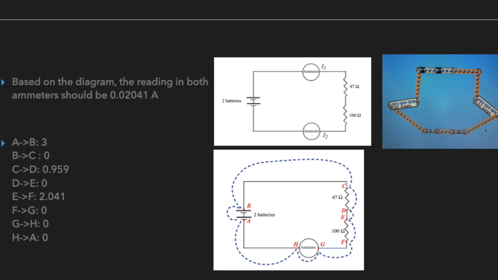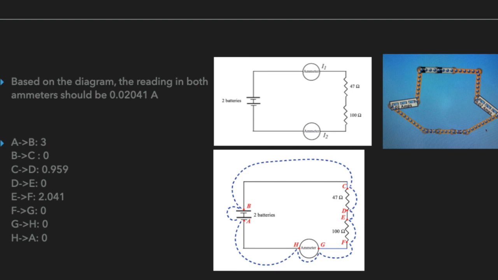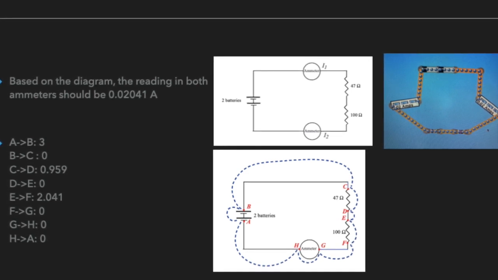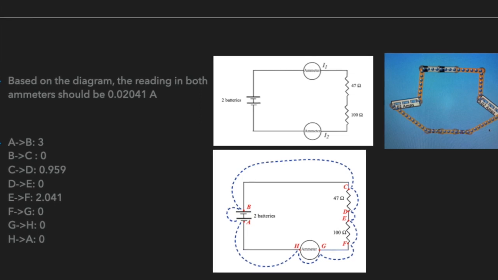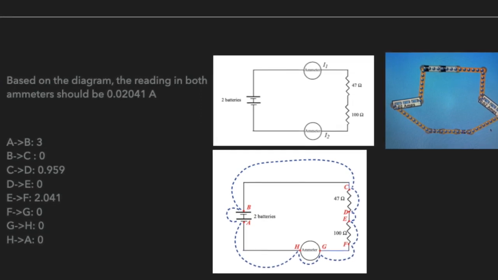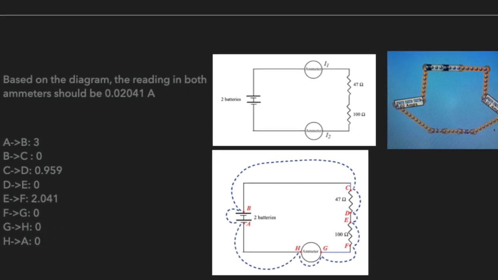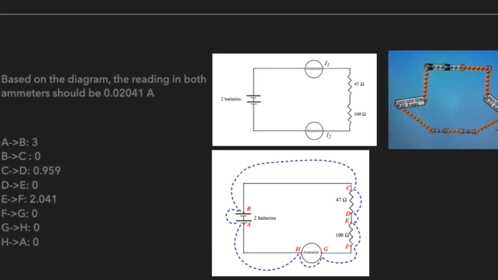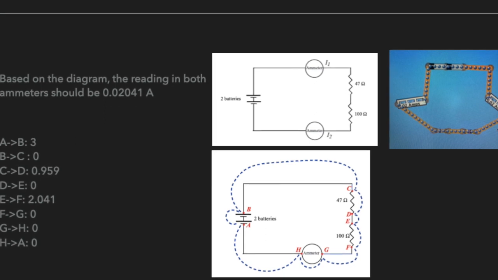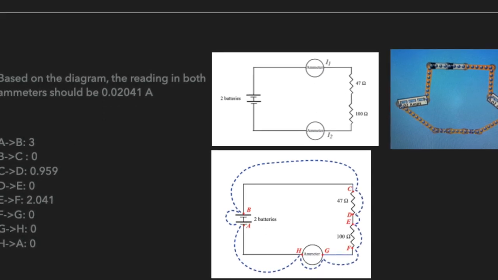Looking at this circuit, I was able to predict that the current going through the circuit would be 0.02014 using the formula V = IR. When I used the virtual lab, as you can see with the picture on the right, the current shown is 0.02, which would have been rounded from 0.02041. Although not shown here, when I did switch the connection of the ammeters, I was able to read that